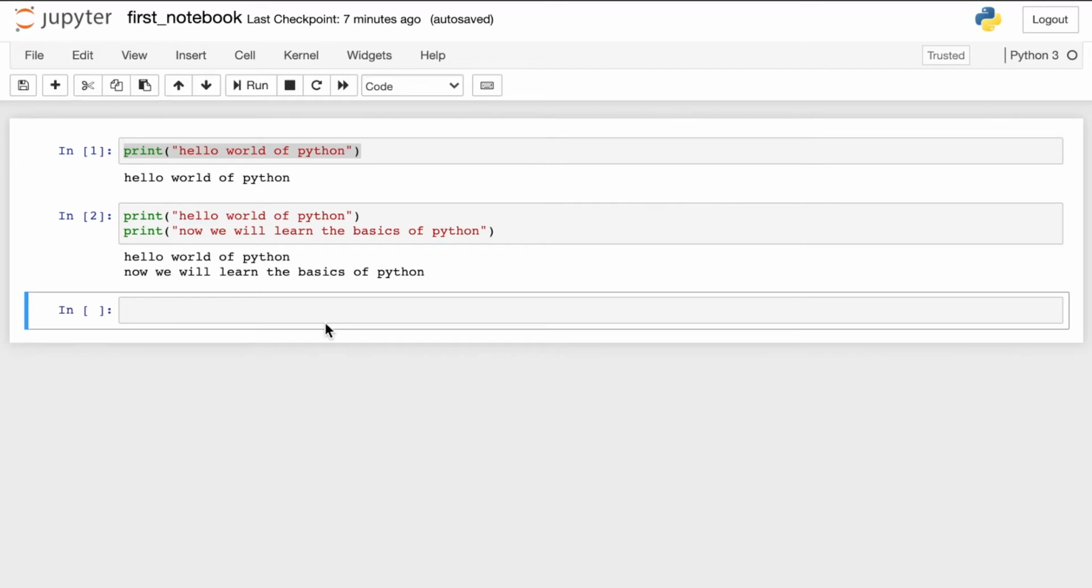Apart from writing code in the cells, you can also put markdown, which is essentially a reference text for the code you are writing in the next cell. So we select the drop down and select the markdown text. Now we can write anything like